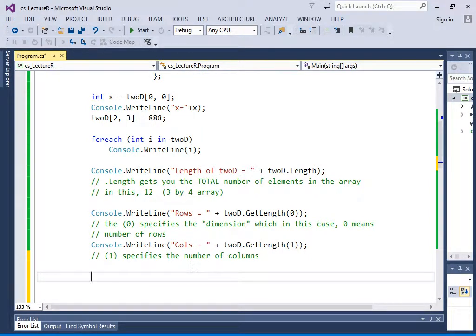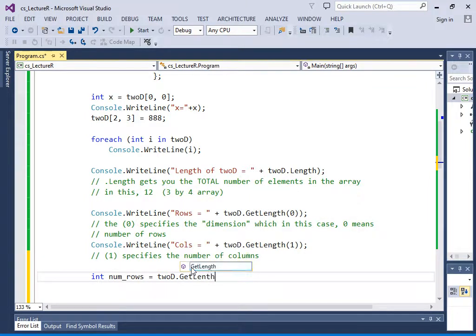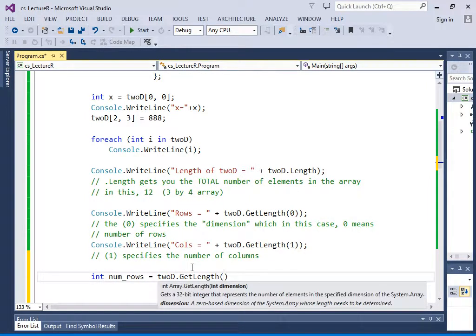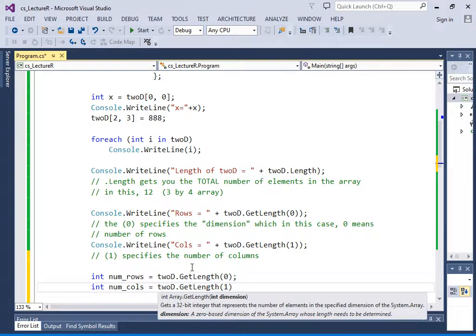Well, let's get those and store those in variables just for fun. Just because to me it's easier to read them if we retrieve them beforehand rather than if we embed those expressions right in the for loop header. So int num_rows equals 2d.GetLength(0), and int num_cols equals 2d.GetLength(1);